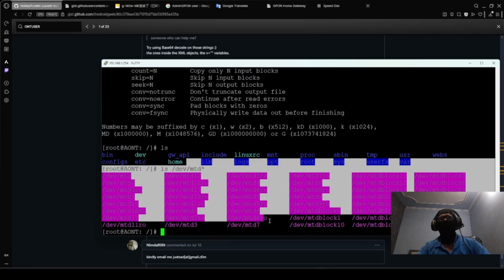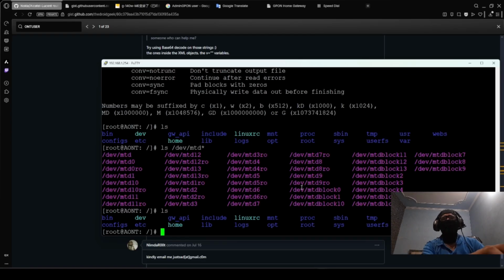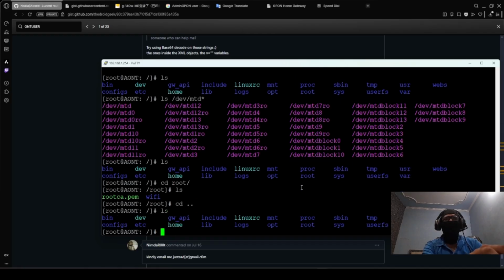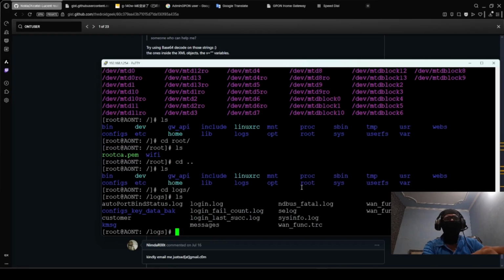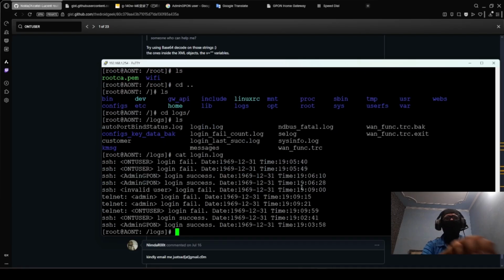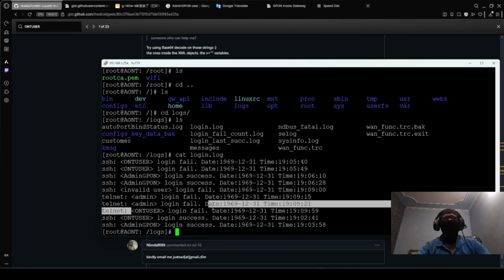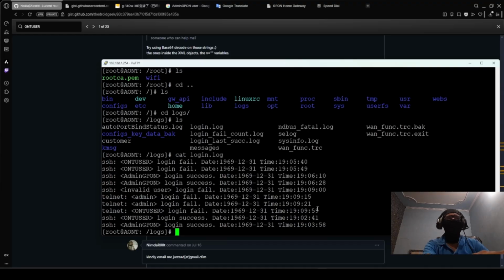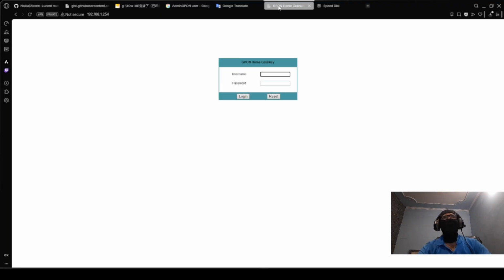Yeah, there are the firmware files, so we can get into root, right? We have everything, we have logs, right? Login.log, login failed, yeah, admin gpon was login success, ONT user login failed, but then login success because we allowed the user. Do we have telnet though, right?